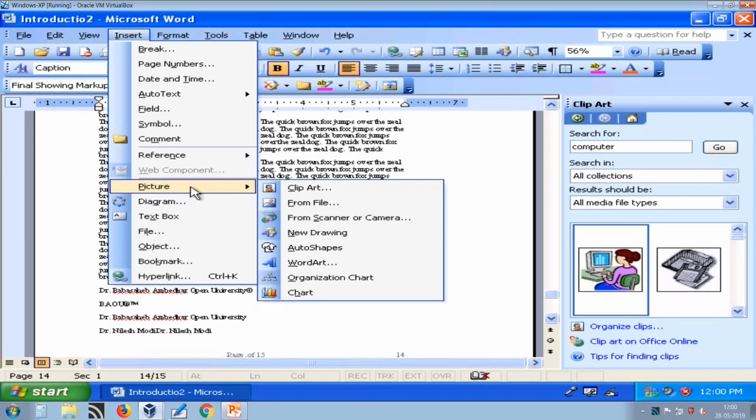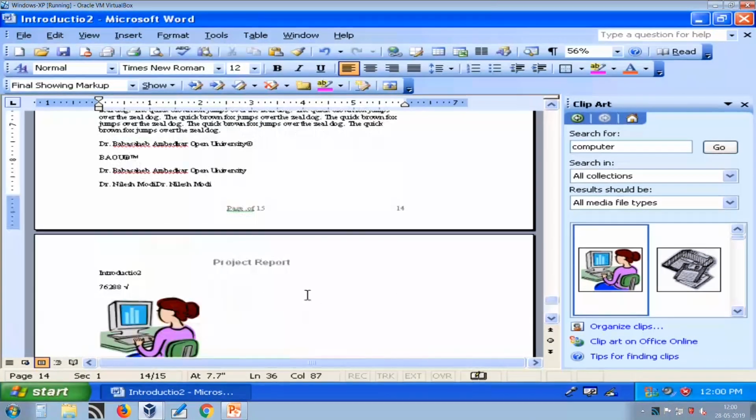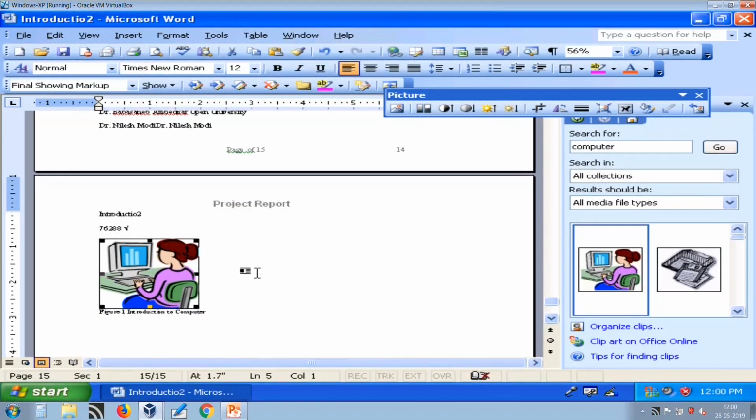The next thing is how to insert a picture. We have already seen how to insert clip art. Now, what is the difference between clip art and an image? Clip art is basically known as a vector image, which is created from lines and curves. If I create a picture in Microsoft Paint, it is a bitmap, which consists of pixels in rows and columns. But a clip art is a picture made up of lines and curves.